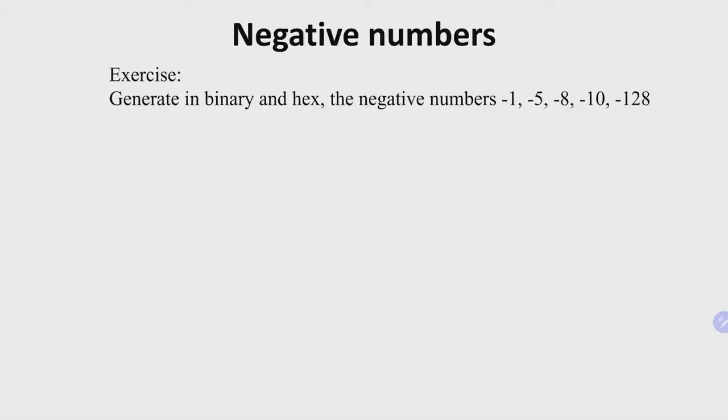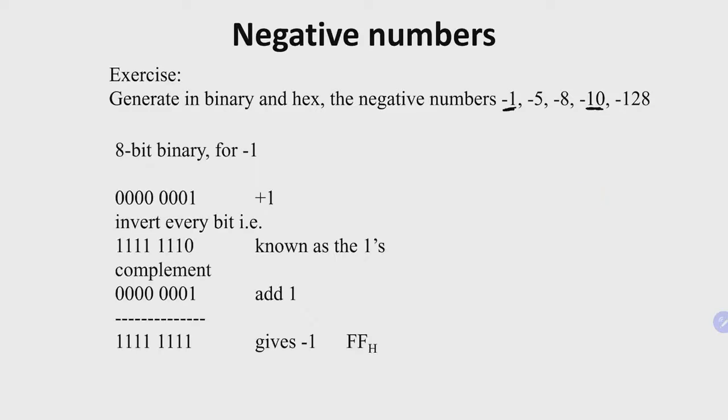Okay, so here's an example or an exercise. Generate in binary and hexa the negative numbers for -1, -5, -8, -10, and -128. So now, for this lecture, maybe you want to try -1 and -10. Okay, so for 8 bits,